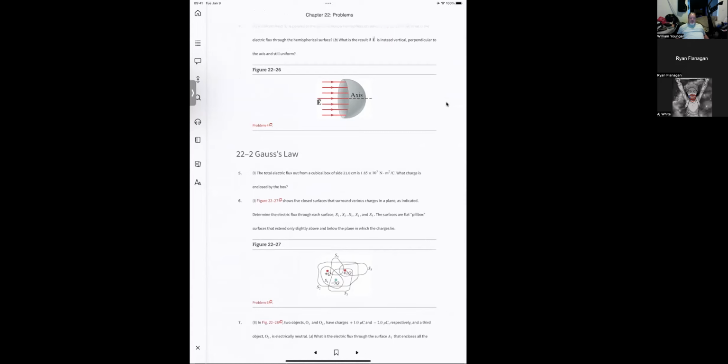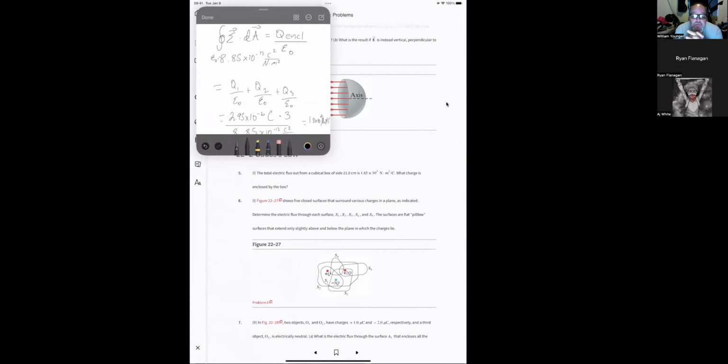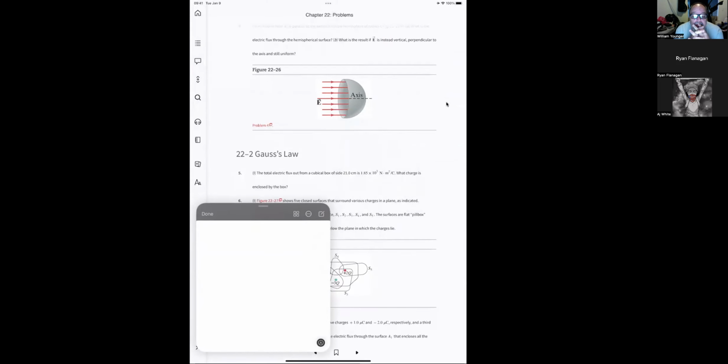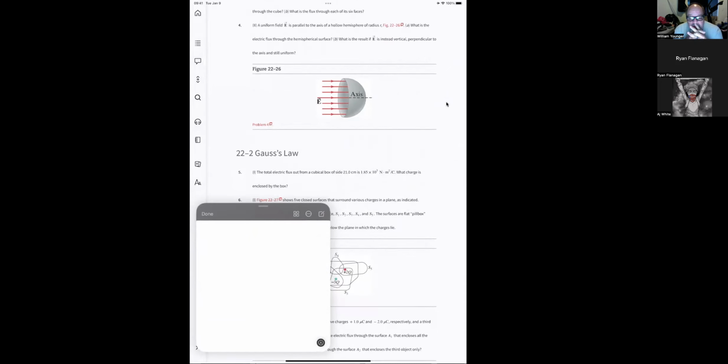So the total electric flux out of a cubical box of side 21.0 centimeters is that value. What charge is enclosed by the box? So we've got to find what the left-hand side is. Okay, the total electric flux out from a cubical box. So what you're saying is the flux, which is equal to charge enclosed over epsilon naught. So really all you have to do is multiply that flux times epsilon naught, and it will give you the